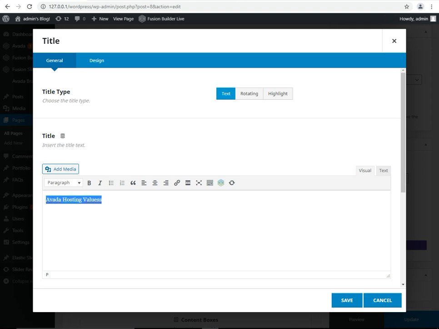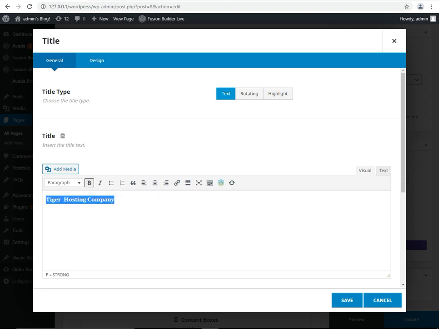Avada hosting value. This is our company name. George Hosting Company. Robin. Tiger Hosting Company. I am going to bold this.